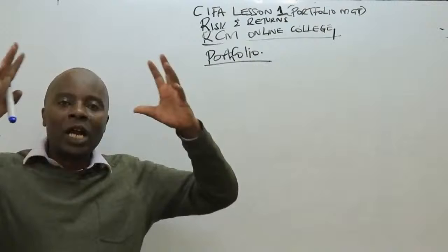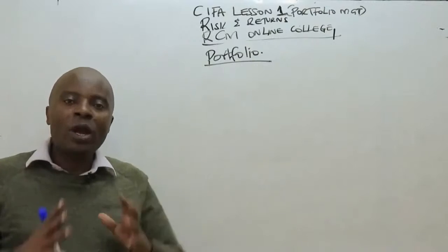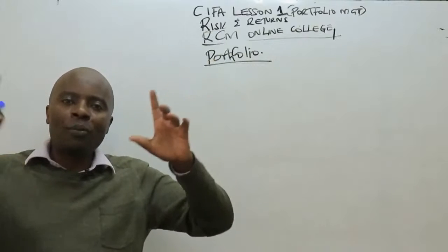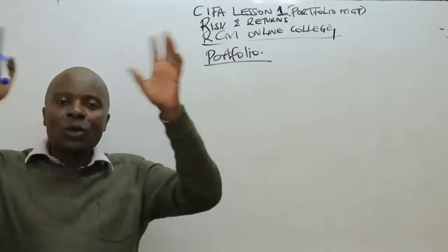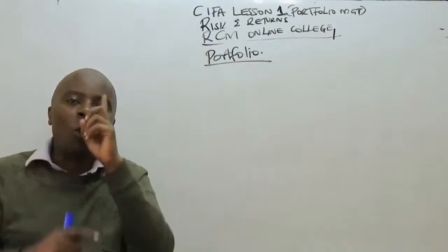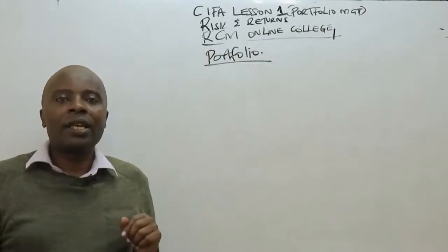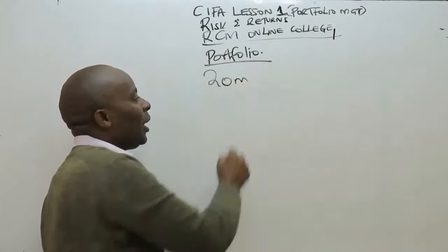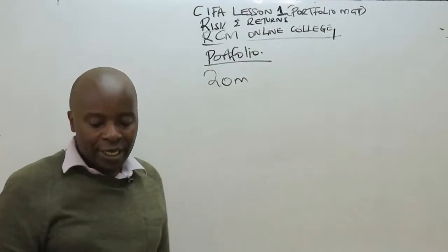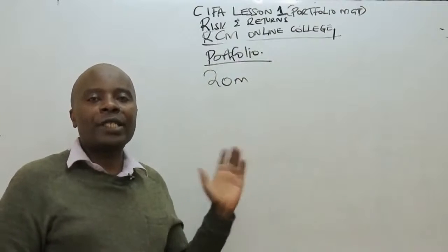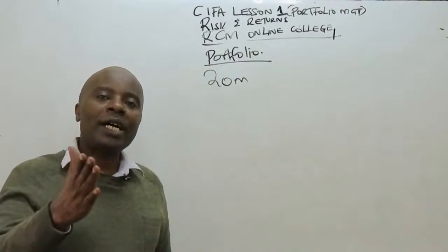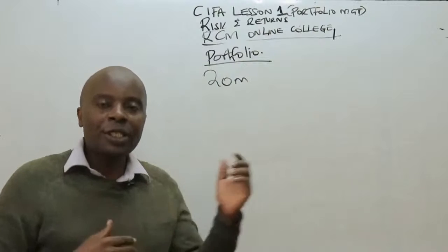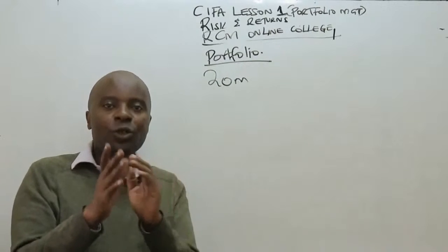a portfolio is a combination of assets, where basically a single investor goes for many assets and bundles them up, puts them in one basket. Now, ladies and gentlemen, if, for example, today you were to get, say, 20 million Kenya shillings, how will you invest this money? Most of us, because of being misguided, will basically rush with this money, the whole of it, to real estate.